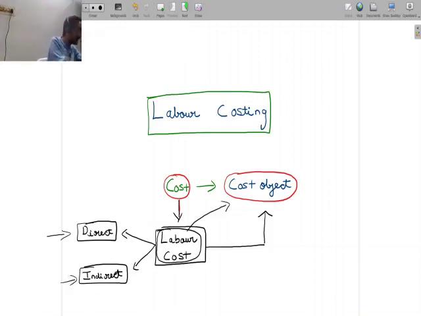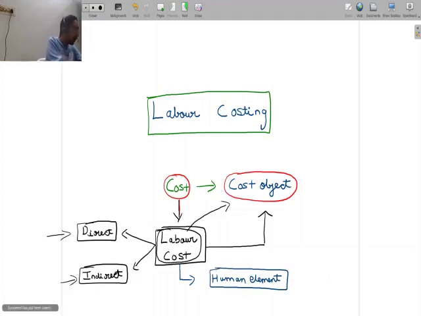Why I choose to say this is because when I look at labor cost, I obviously know I have a human element here, which I do not have in the case of most other factors of production. Now, why will this human element make labor cost a little peculiar? That's important to understand. We understand labor cost is peculiar in this sense, but why? Why is this human element making labor cost a little peculiar? The answer to this is simple. There are a few things which probably we do not expect with the other factors of production.